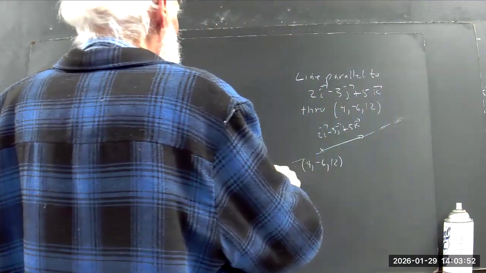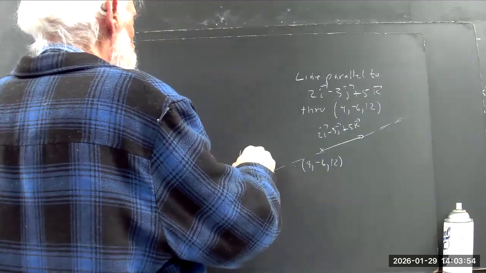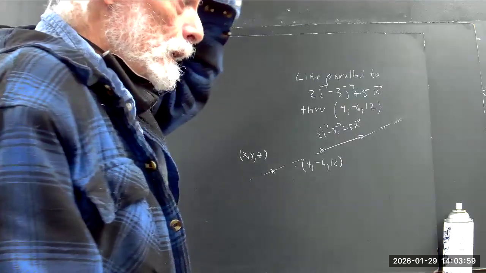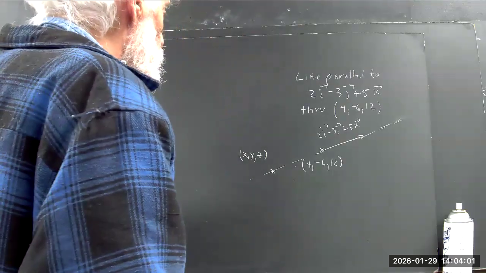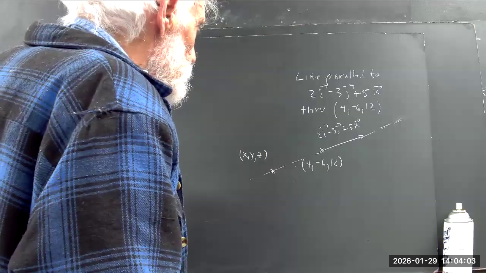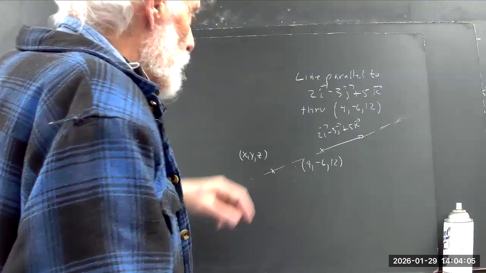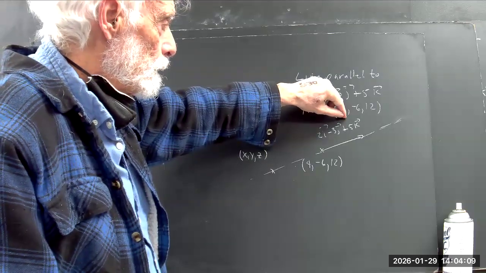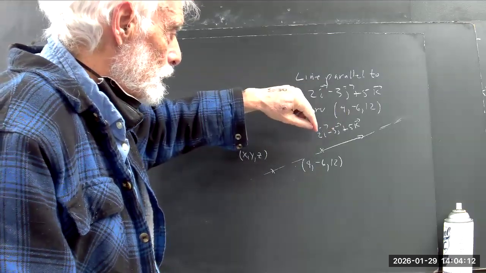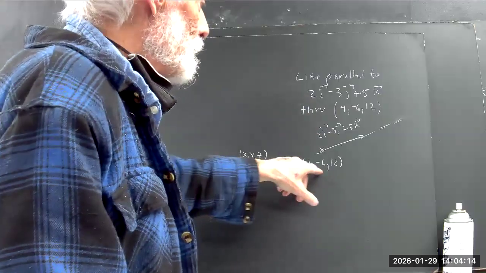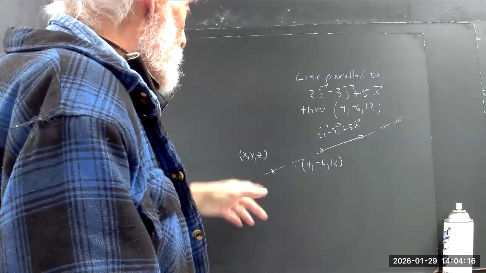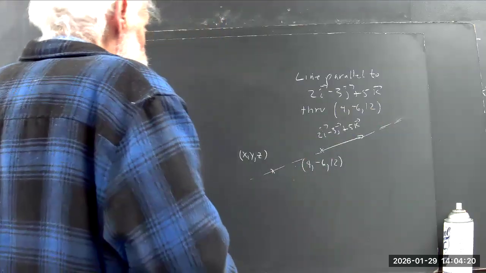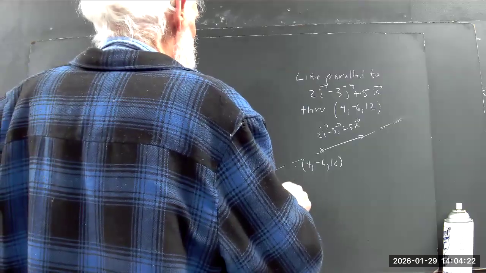X, Y, Z is a point that might or might not be on a line. If I take any multiple of this vector and add it to the vector representing this point, I'm going to get a point on the line. So that